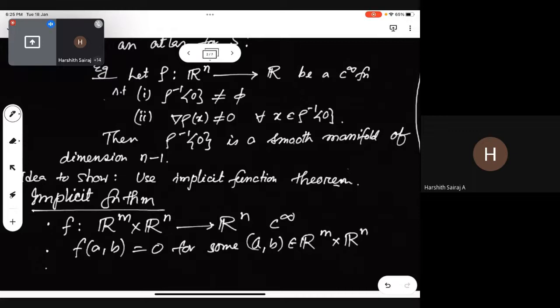The second thing, the main thing about the implicit function theorem, is an assumption about the derivative. So the determinant of the derivative. When I want to write this, you need to look at the components of f, so you need to first fix the components. If x belongs to Rm and y belongs to Rn, then the determinant of